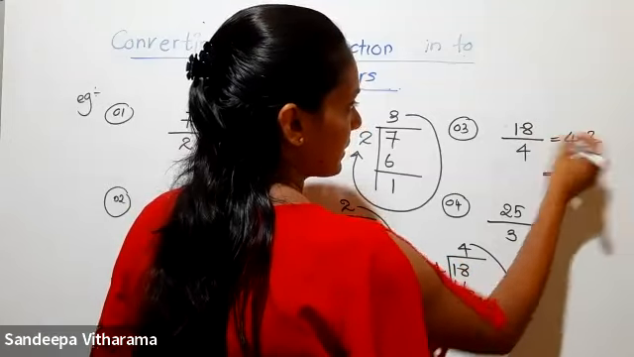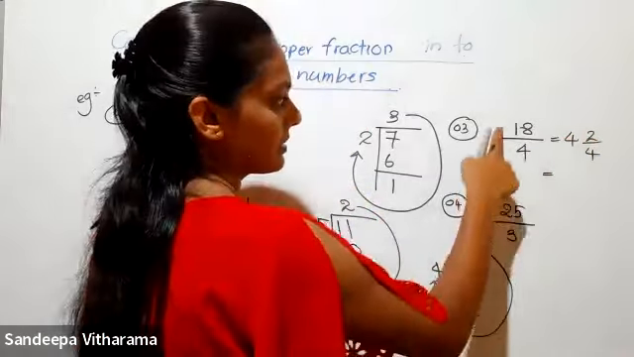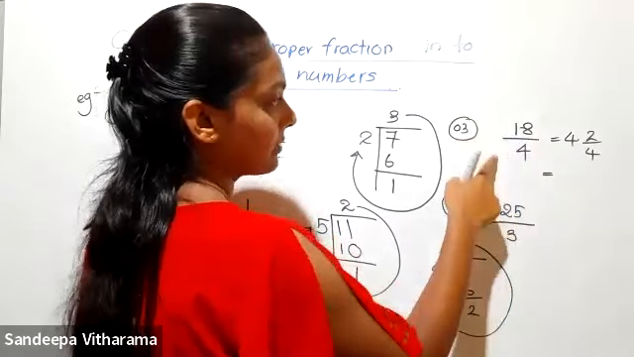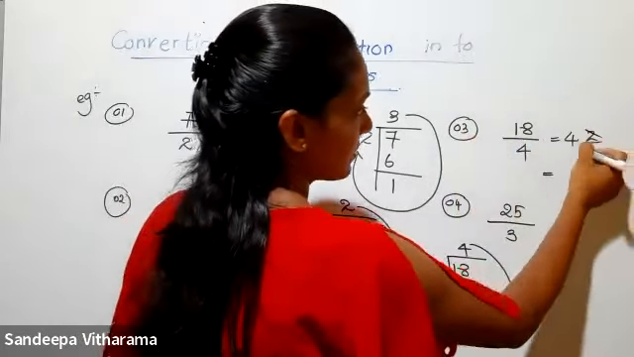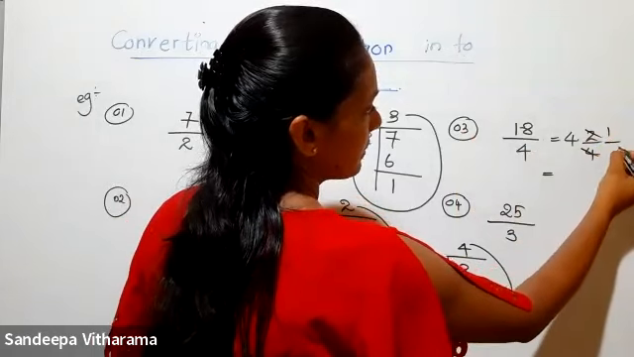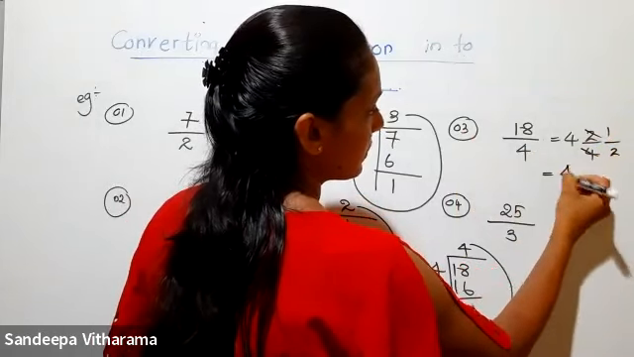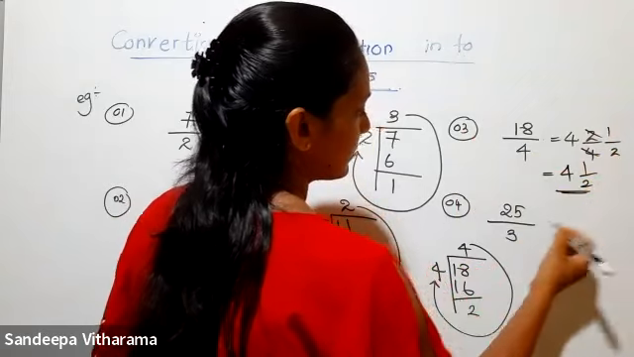In this case, we can simplify actually. We can write an equivalent fraction. That means the simplest form is not this one. It should be 1 upon 2. So 4 and 1 upon 2. Here,